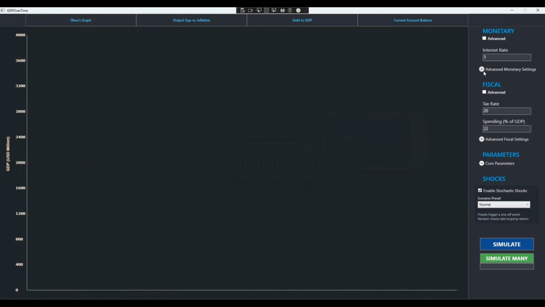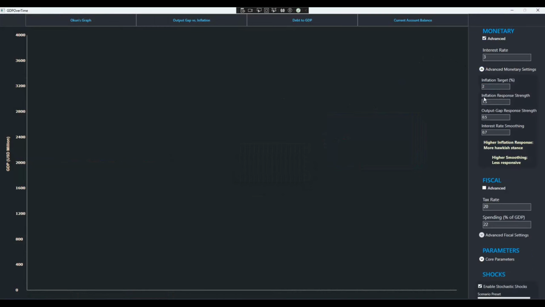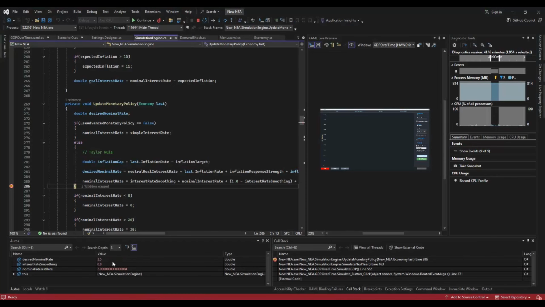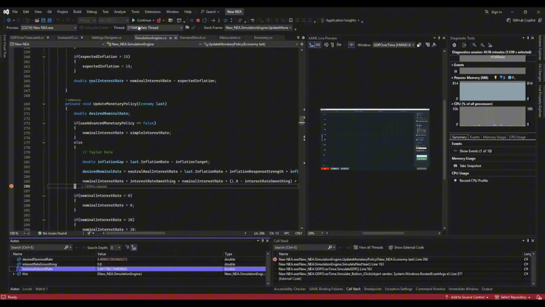And now resetting this with a higher interest rate smoothing value of 0.8, and following the same principle. So an oil supply shock, first year 2.9, second year 3.6, so 0.7 increase, third year 4.18,